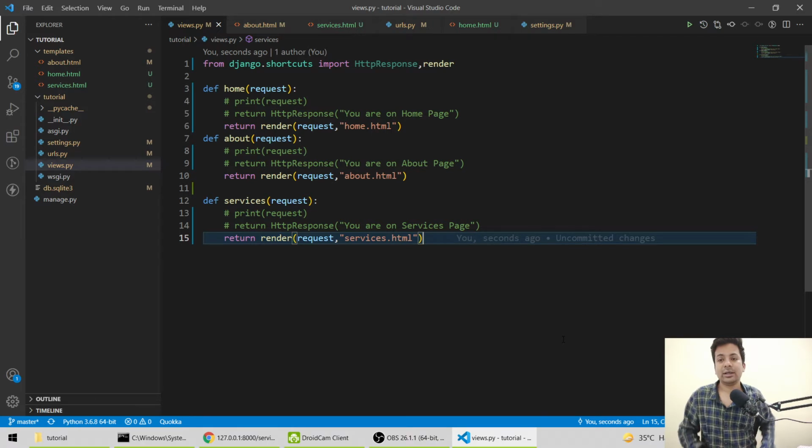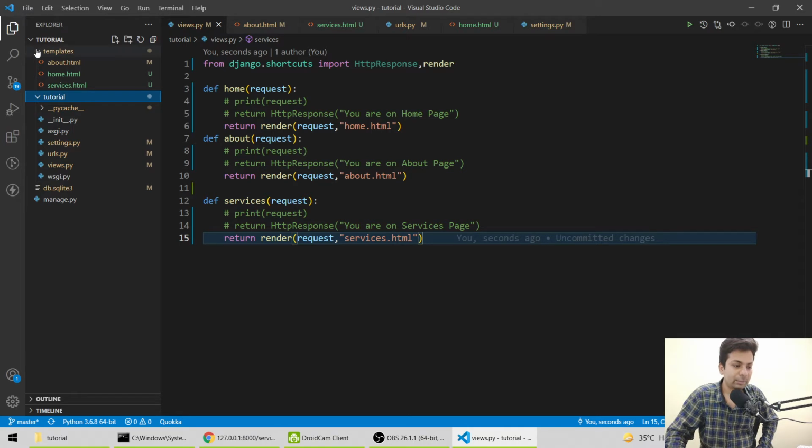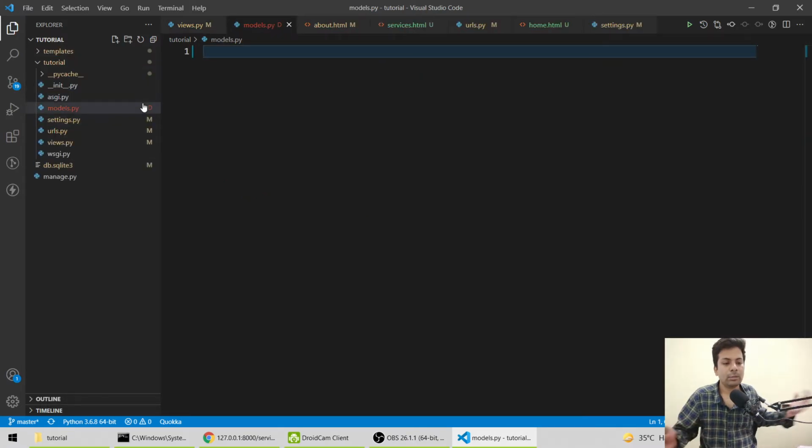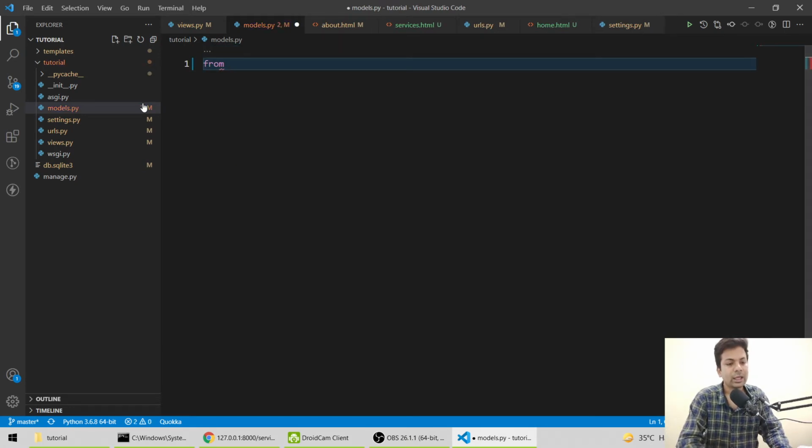Now comes the database part, my models part. That's the one thing people get much confused about. I have seen a lot of people getting confused in database and models. I am one of them, getting confused about what to do and what not to. So for models, we just leave the templates be. In tutorials, we create a file called models.py